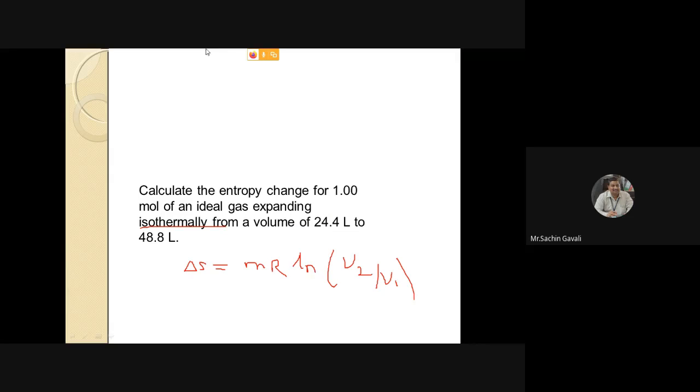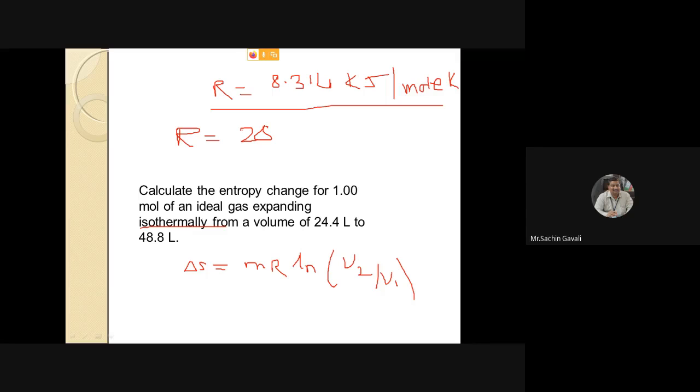I am giving you one hint: the R constant is 8.314 per mole per Kelvin. Remember that. And R in terms of kg is